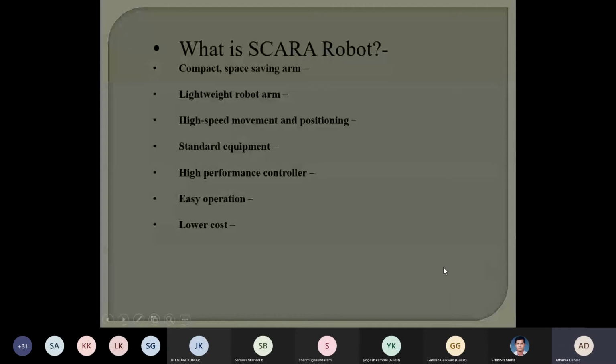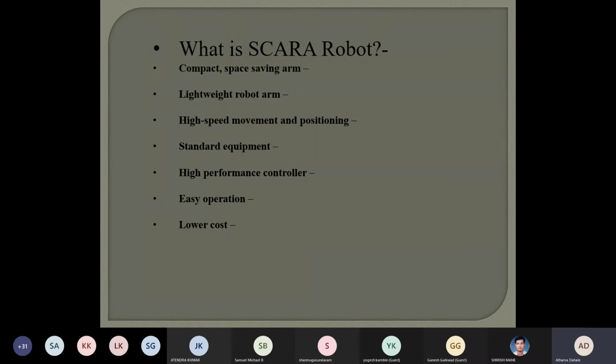A SCARA robot is a robot designed by the Mitsubishi team which moves only in horizontal movement. The RH-CH line, RH-CH is the short term of the SCARA robot. The RH-CH line of compact industrial SCARA robots are very lightweight, full function robots ready to meet the needs of today's manufacturers at a price fit even for the most budget conscious customers.